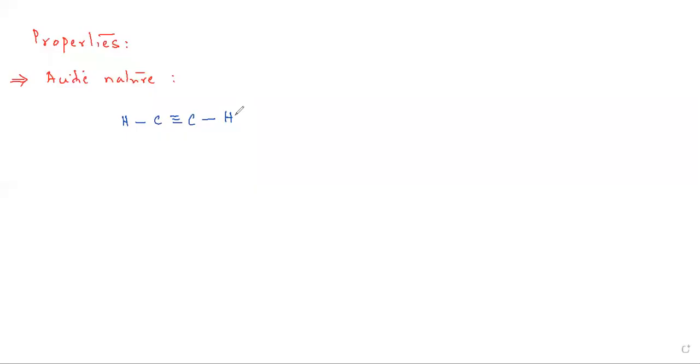Consider acetylene, or else you can consider alk-1-ynes, I mean those which have got a triple bond at the terminal carbon. Alk-1-yne is nothing but a terminal alkyne. Now in this case, if you observe,